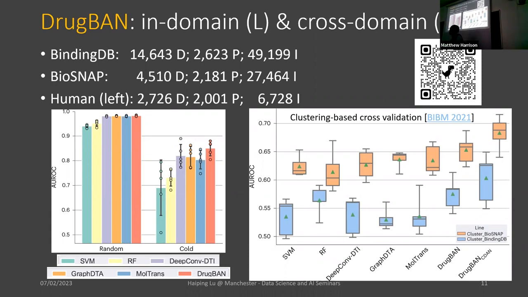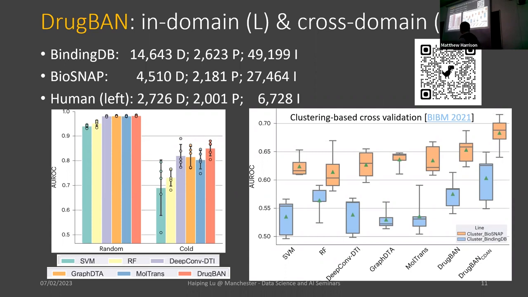It turns out this is usually the most optimistic way of evaluation. Usually it gives you very good results. Just imagine you have all the data, random mix and random samples. It can give you really very good results. But that's not what happens in the real world. When we collaborated with academics in the beginning, those guys would tell me, random split results, we do something, but it doesn't work. That's not how the real world works.